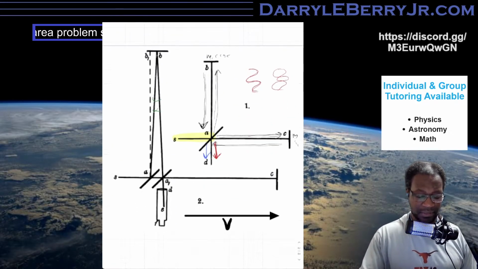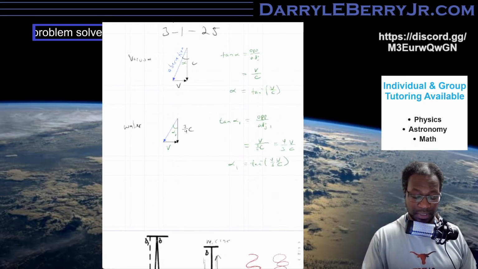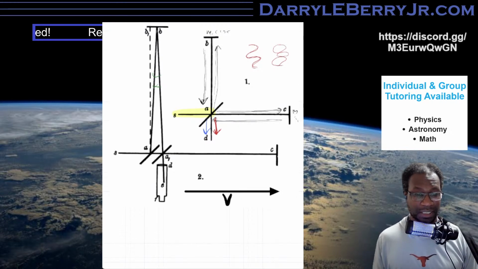Now, one interesting thing is this angle here is basically half the angle if you think about it. So technically, it seems like when they say BAB,